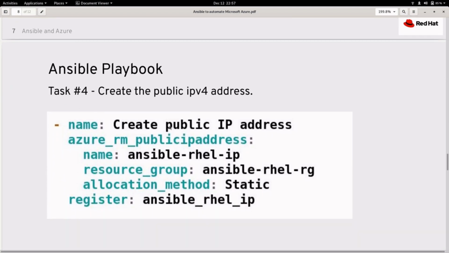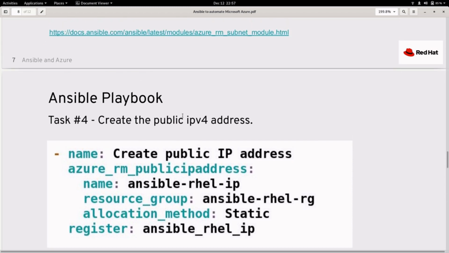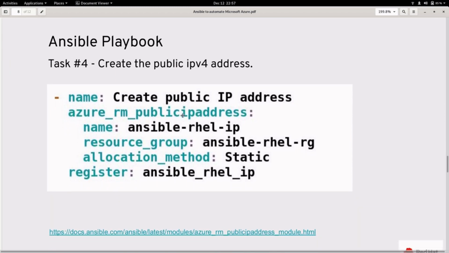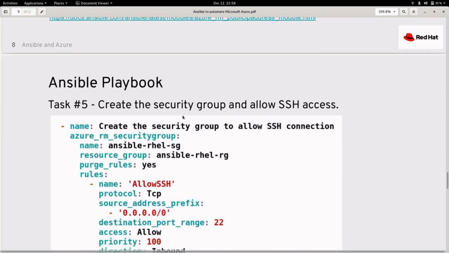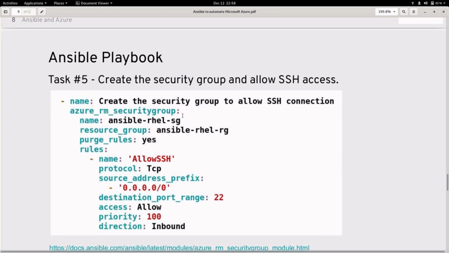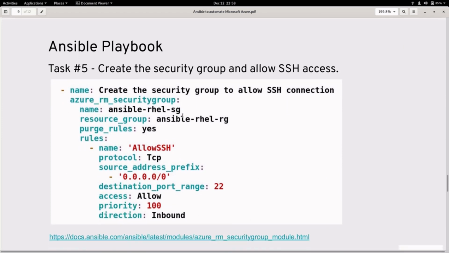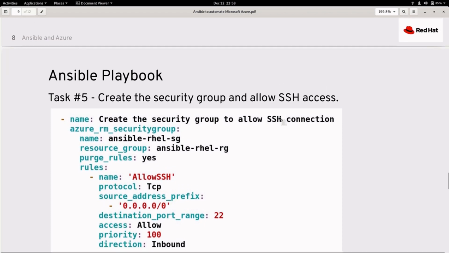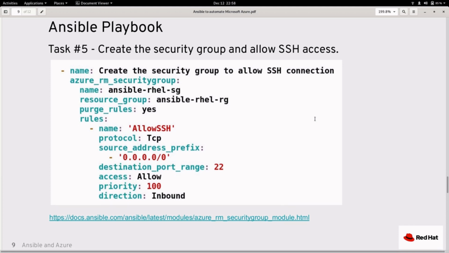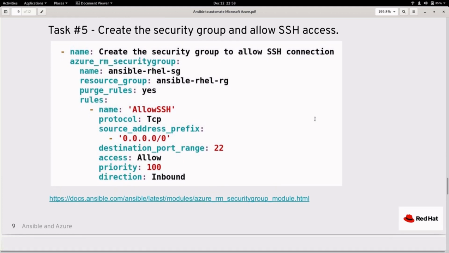Once a subnet is created, we can go ahead and create a public IPv4 address. Then the security group to allow different access. For the purpose of this demo, we will actually allow SSH access to test connectivity to the RHEL 8 instance which we create.